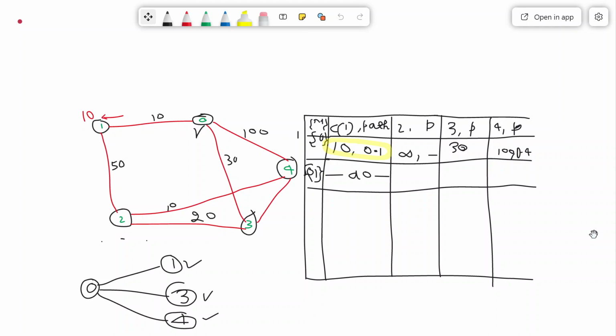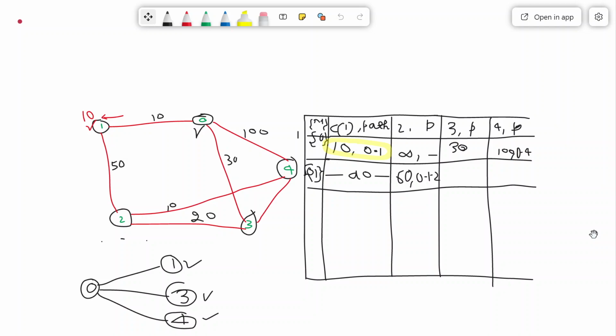So this is the final length of 1. Now from 1 to 2, that's 50 more, so the cost will be 60. What is the path? The path is 0 to 1 and 1 to 2. Now this is just a way to write.